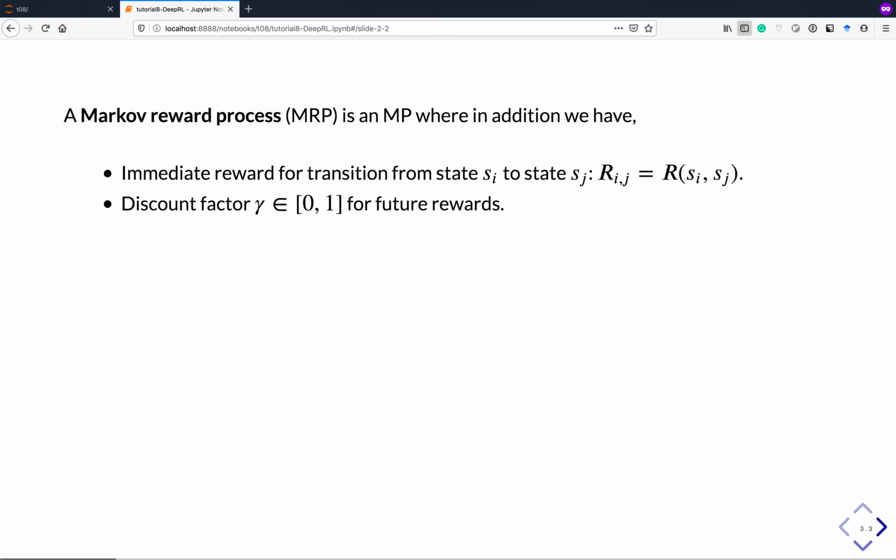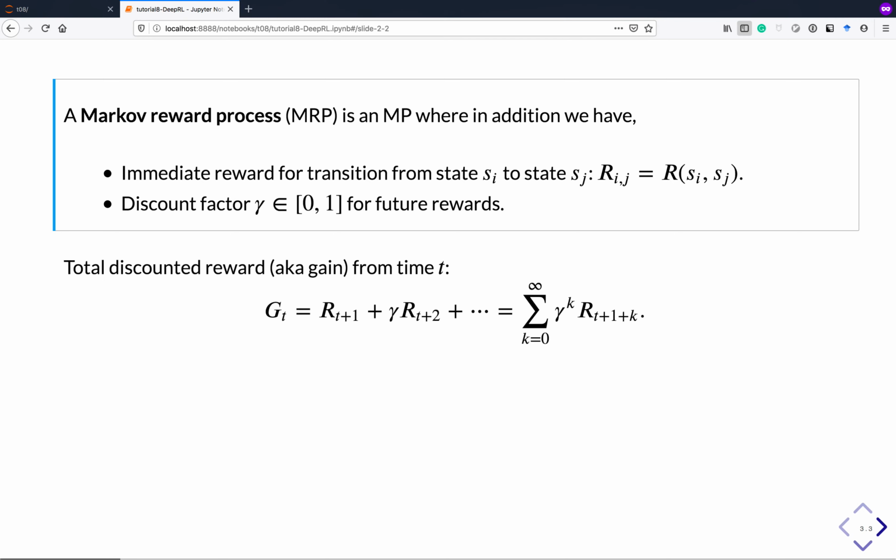If you take a Markov process and add a reward, you get a reward process. So let's say when you transition from Si to Sj, you get a reward specified by this function. You have a Markov reward process, and we always define some kind of a discount factor, which we apply to